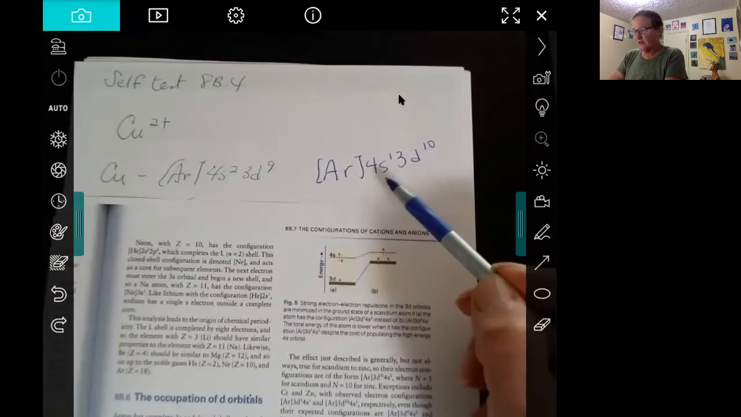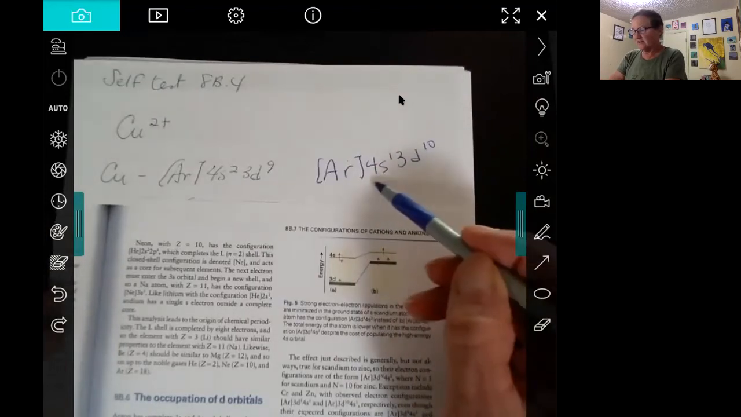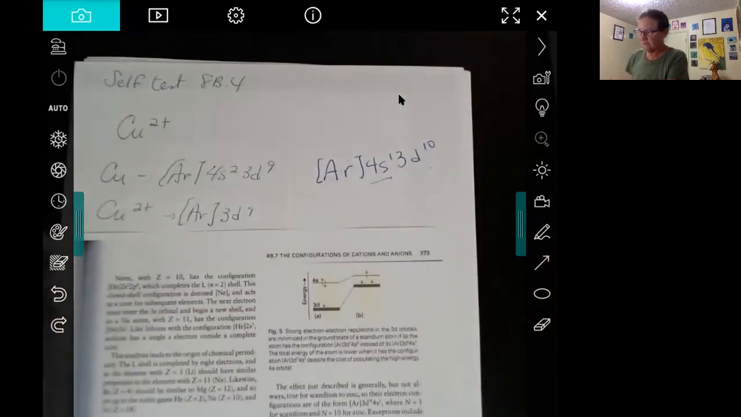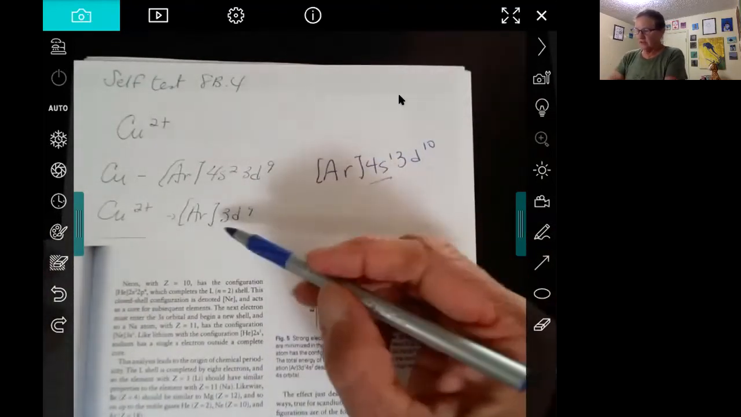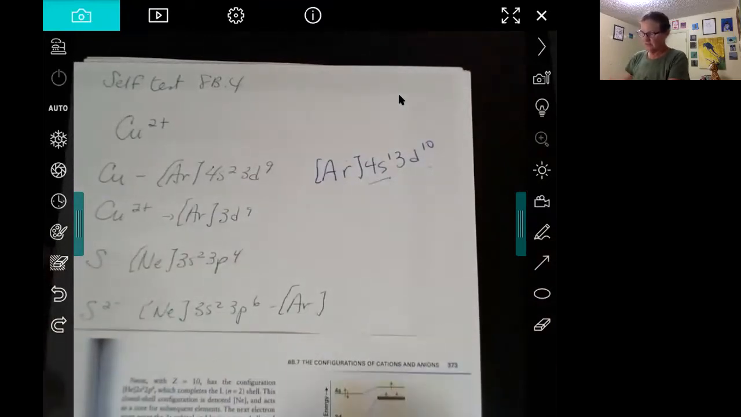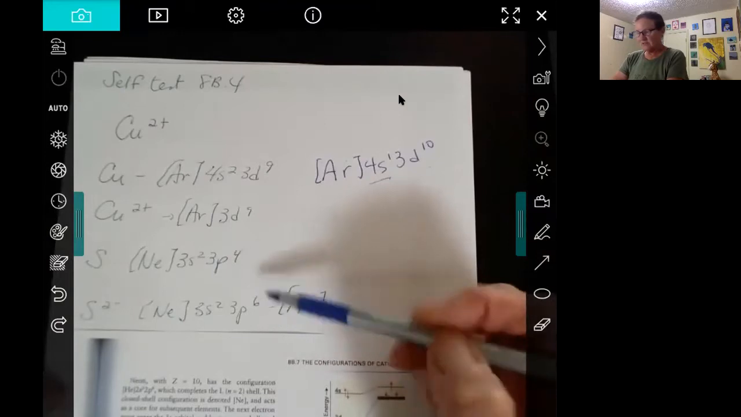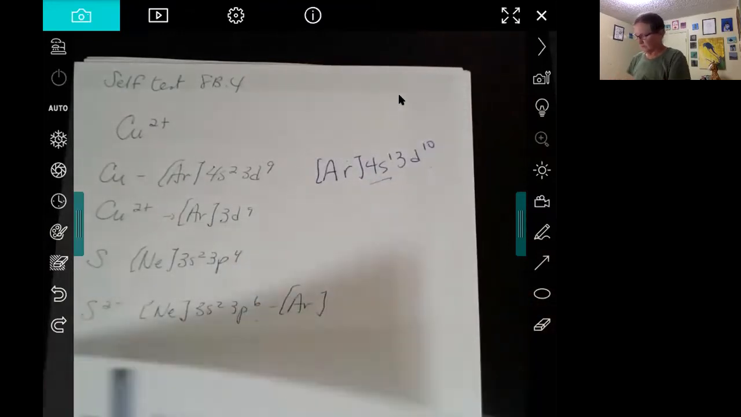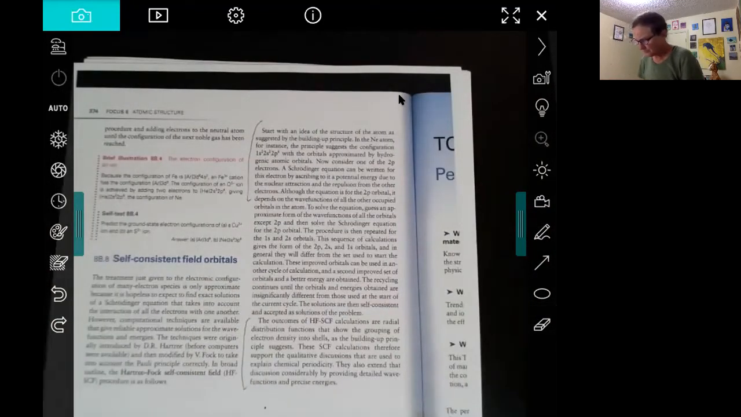However you think of it, when you make the +2 cation, you're going to take it out of the s first and then move into taking them out of the d's. So that leaves us with an argon 3d9. And when you make sulfur into sulfide, you add 2 electrons, so you're going to fill the p shell, and that will be equivalent to saying you made an argon electron configuration. So